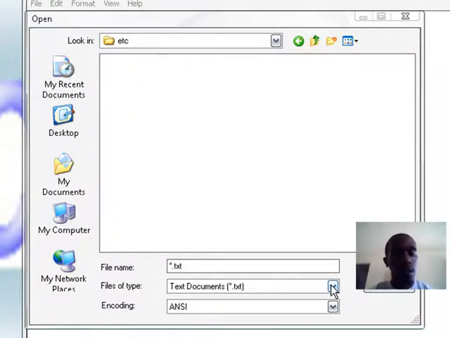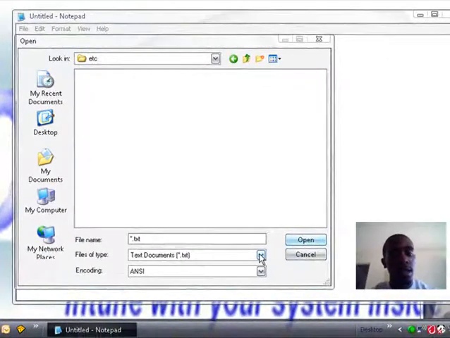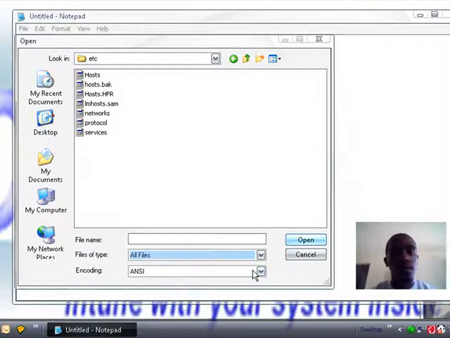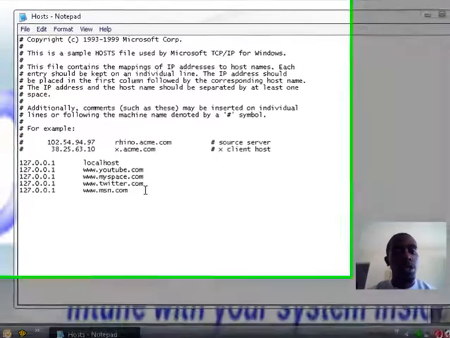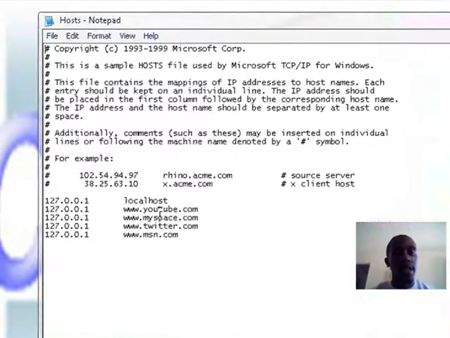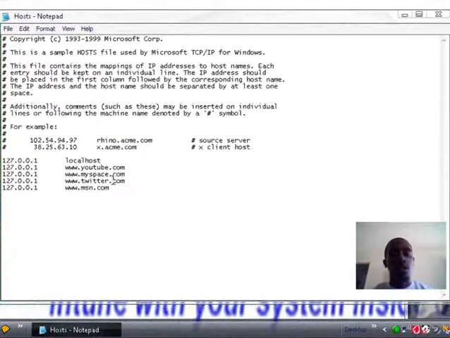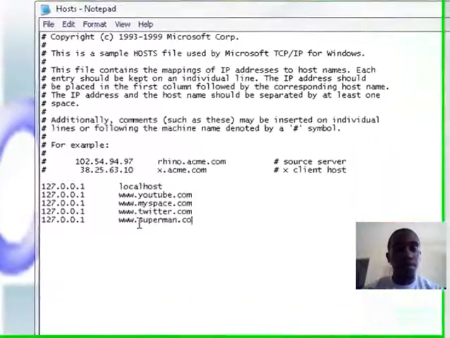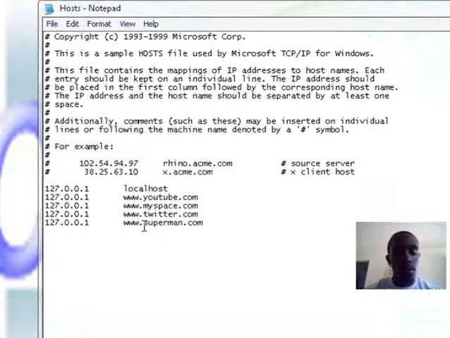Now from this point on, you're already in the folder, but since it's under the format it's looking for, you have to switch that to all files. And there we go, we have the host file. So we're going to just go ahead and open that up. Now as you can see, I already put a few in here that I know that my girl or friends or anybody go to. Let's just type in something miscellaneous, like superman.com